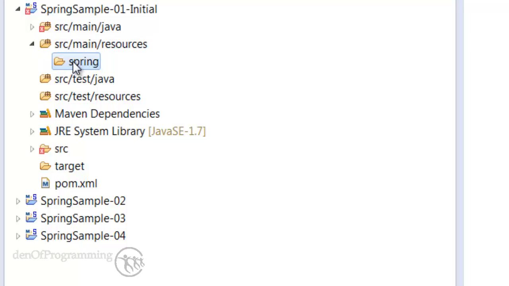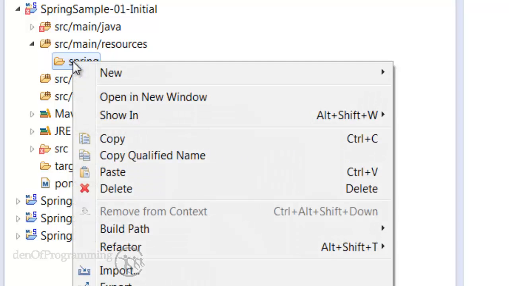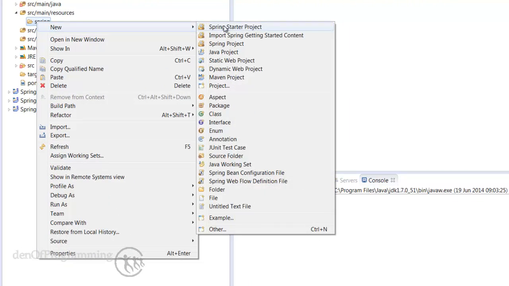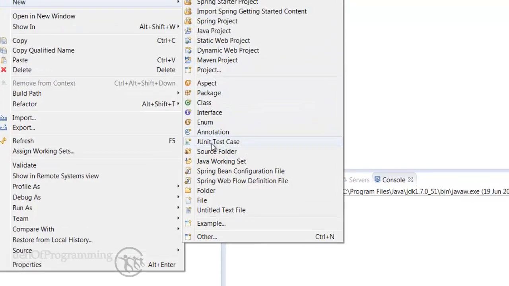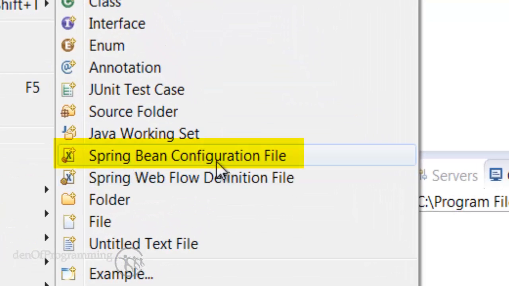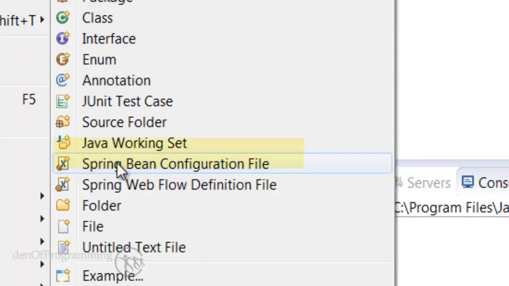Now we need to think about how we actually create the configuration metadata for our Spring project. Well, within Spring Tool Suite we're quite lucky. If you right click here and then choose New, you can scroll down the selections to Spring Bean configuration file. Really this is just a fancy name for the configuration metadata. So let's select that